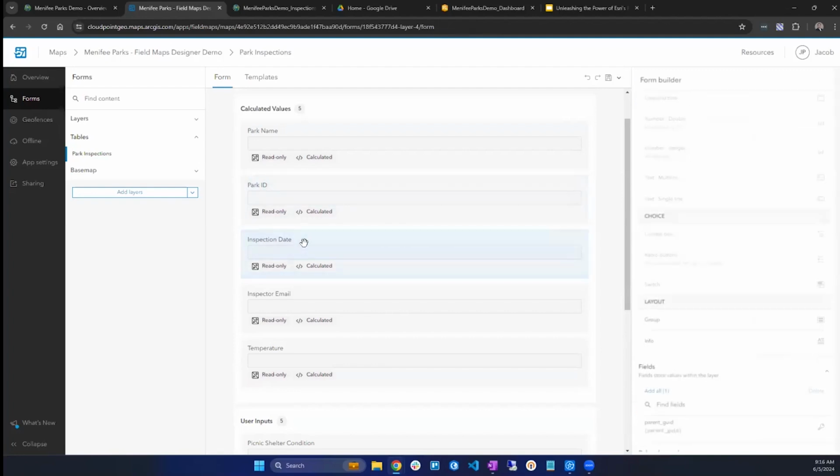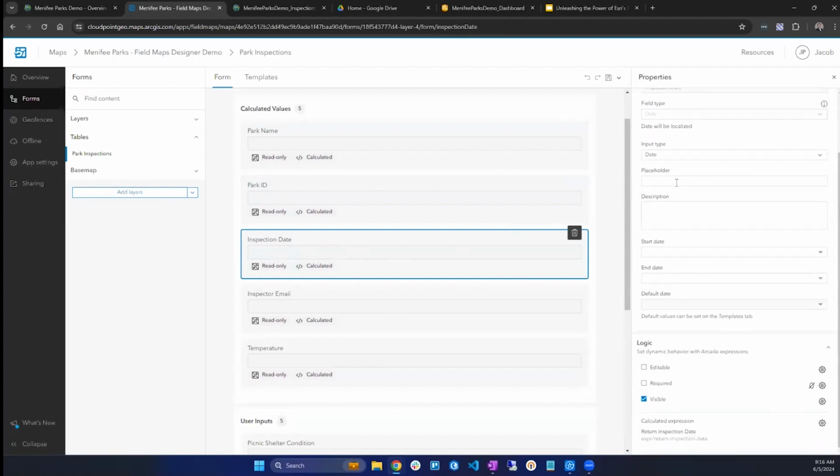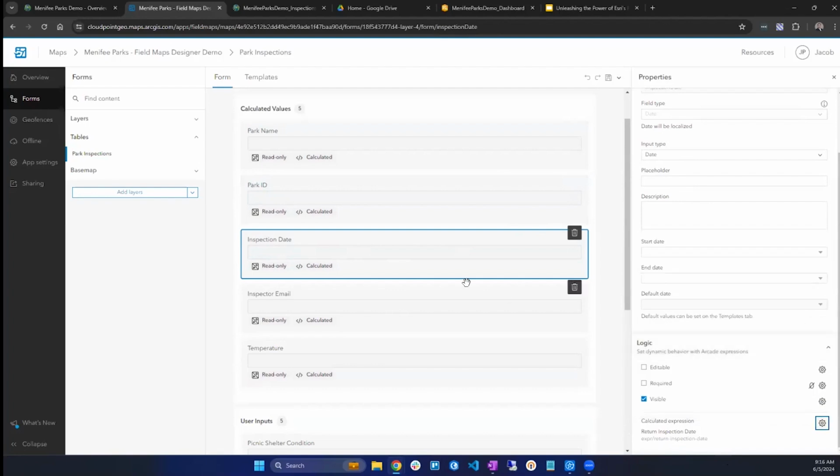But if I were to go in this inspection date, I did really want to show that automation process. How do we get from enabling our field crews to just automatically populate our data and have it come in without them needing to find it themselves? At the very bottom, we can go to this calculated expression, and we have all of them in here, but the one that has the check mark is the one that's currently being used. If I go and click into Edit Arcade,